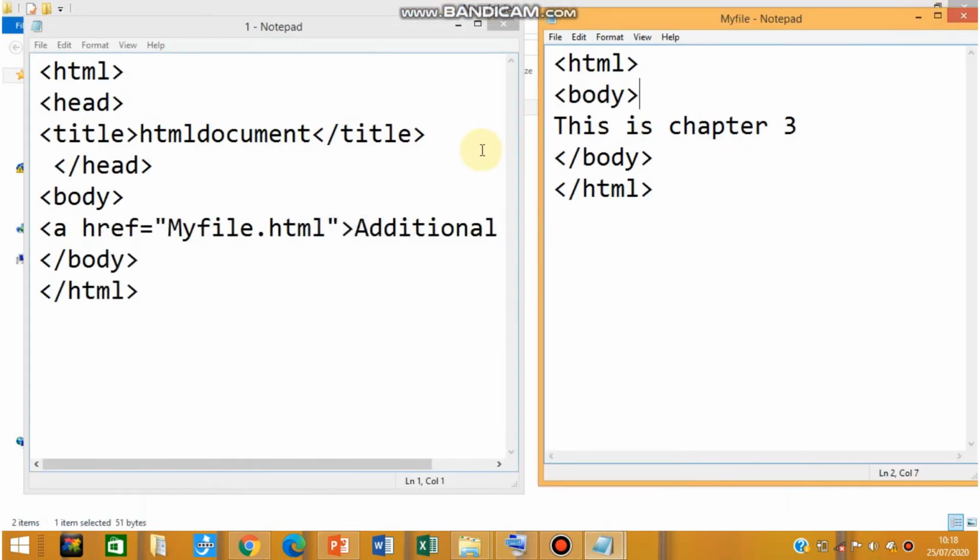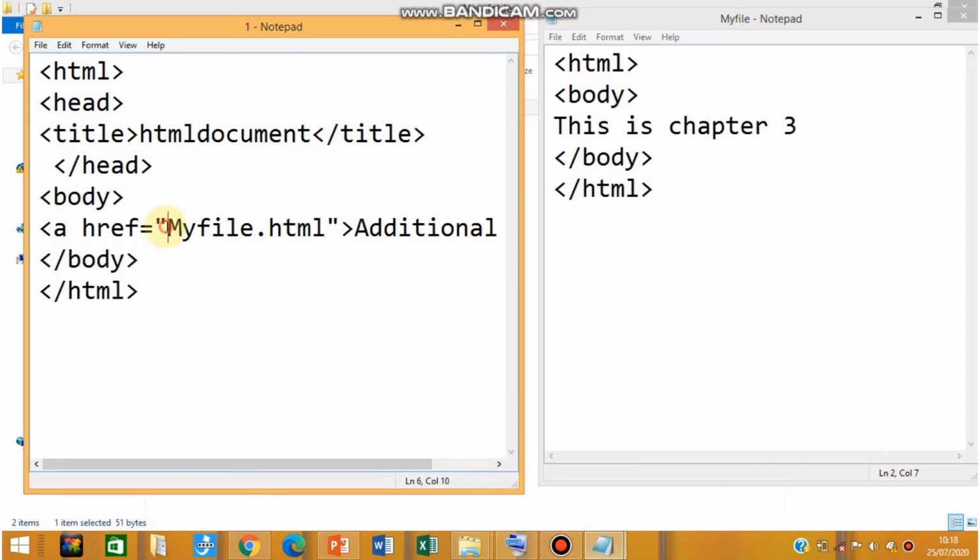In HTML, the only thing is you have to remember the tags. Okay, it is very important to remember the tags and how to use them. You can link the 2 files using the tag called anchor tag. In this way you can also link the 2 web pages. You just have to mention the web page name inside the main page.